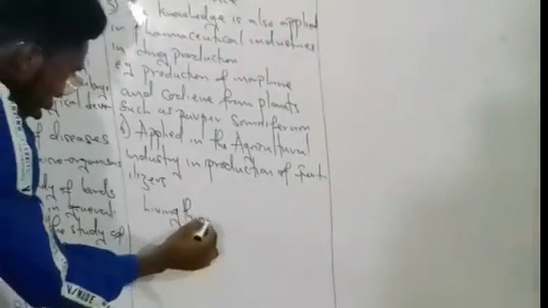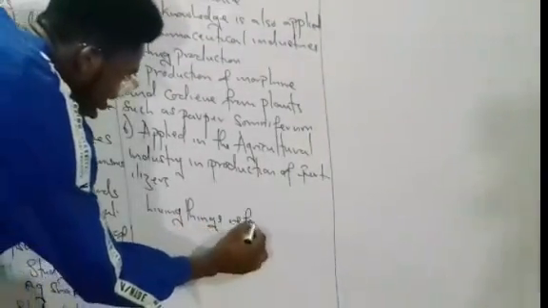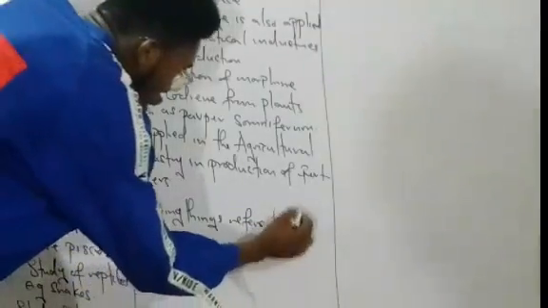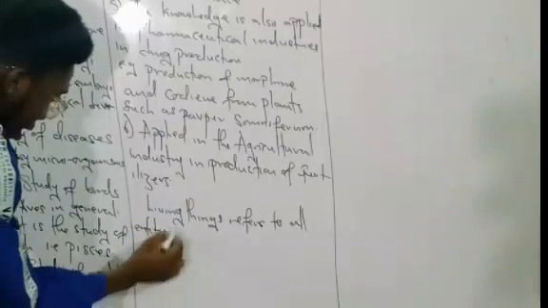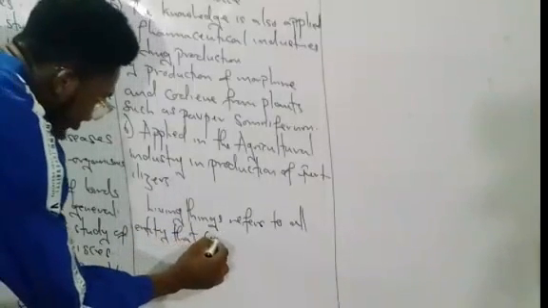Now let's move on to the scientific method. But before I go to the scientific method, let's talk about living things and their characteristics. So what do we say living things are? Living things refers to all entities that can like